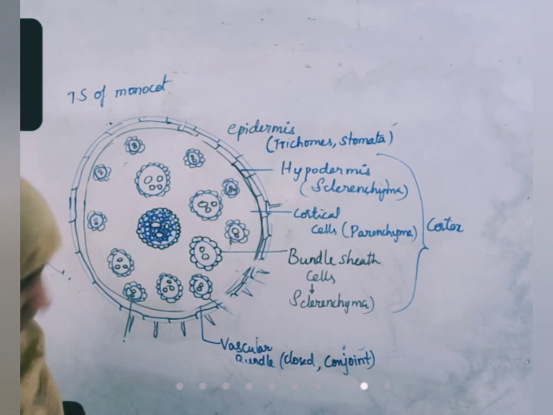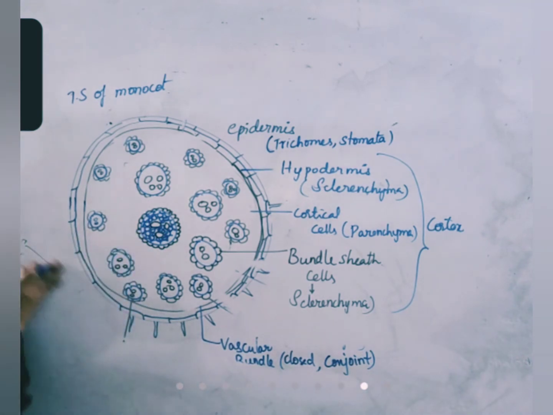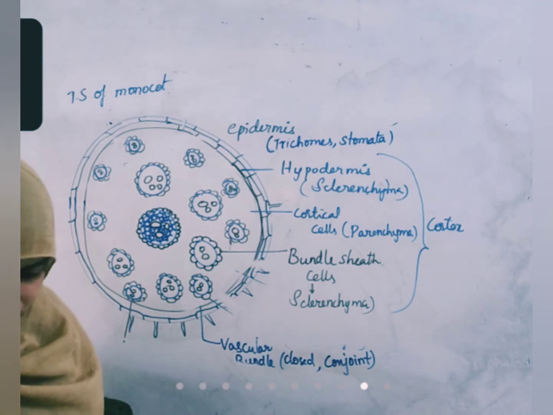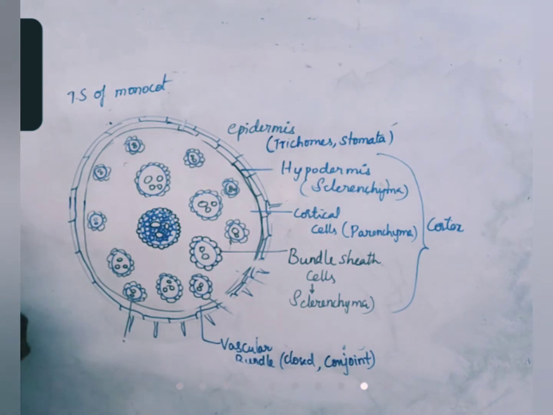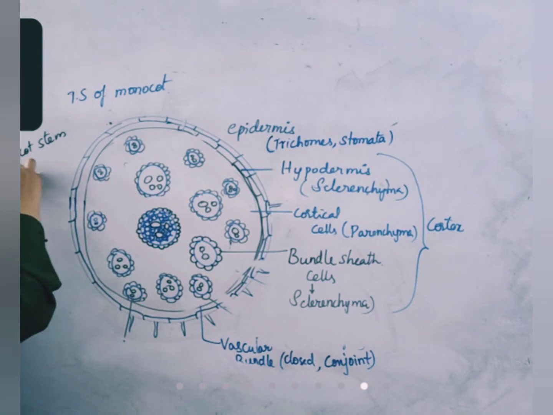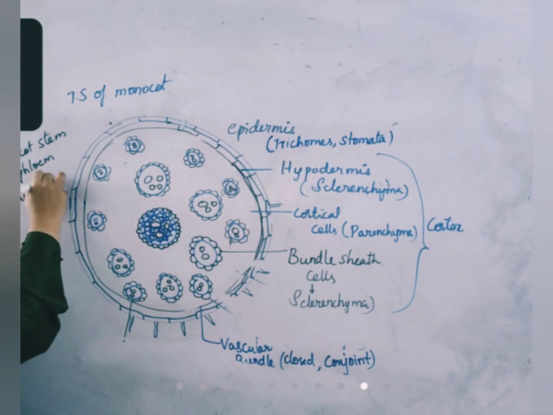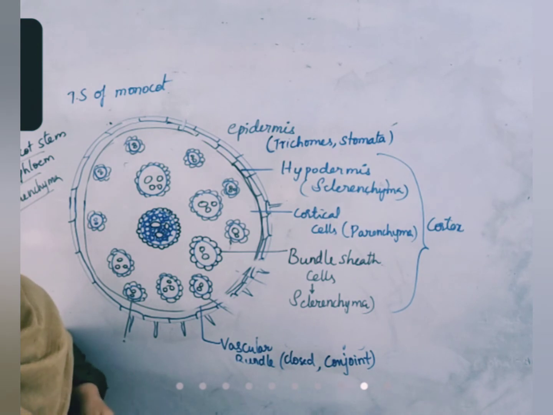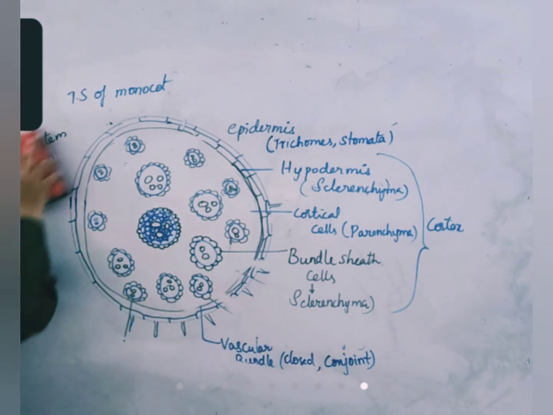Next, one more thing is there. In phloem, there is no parenchyma. When we studied about phloem, did I say you about phloem? Phloem is made up of phloem parenchyma, phloem fibers, sieve tubes, sieve cells, all we discussed. In case of monocot stem, no phloem parenchyma. Is it clear? So that is the difference between monocot stem and dicot stem. Let us sum up.